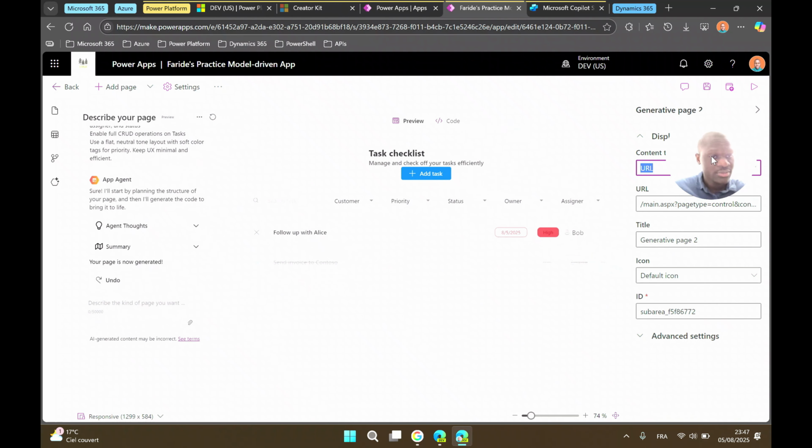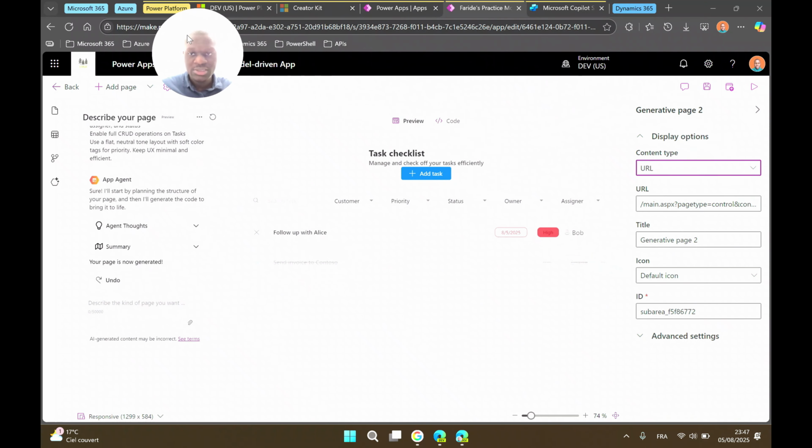What is also interesting is to see the details of what the agent really generated, some kind of page type control with an ID. So now I just need to title my page.